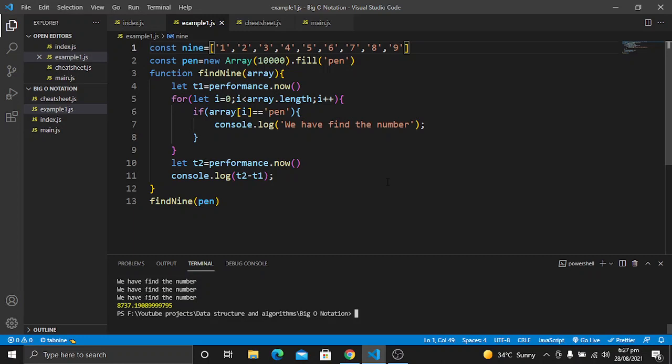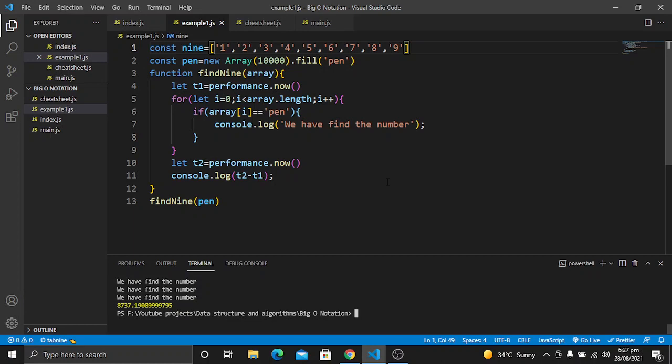So the fewer operations we have to perform for a bigger input, the better the algorithm efficiency, and it will be a good algorithm. But if it performs a lot of operations when the input approaches infinity or a very large number such as 100,000 or a million, then maybe it's not a good algorithm.